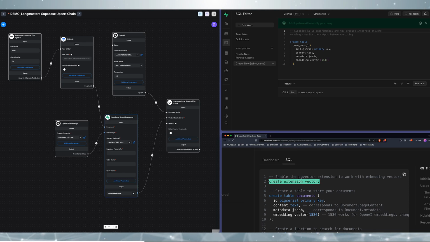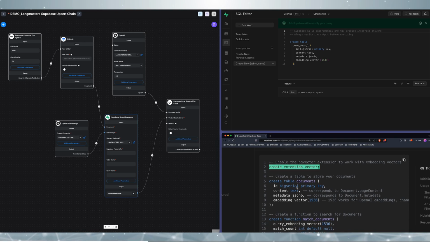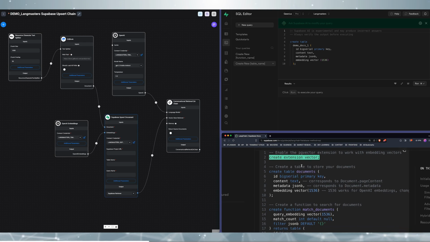But if you haven't done that yet, run this extension first. You don't need to include the commented outline. You can simply use the SQL itself. So what we will go ahead and do is use the second part, only instead of naming our table documents,